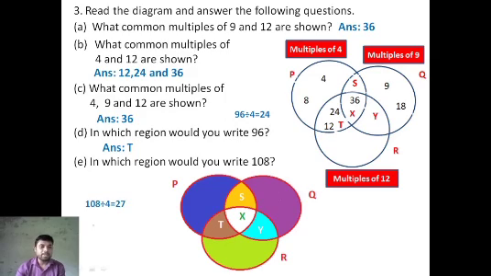So just divide. 108 divided by 4 gives 27. That means if you count the table of 4, 4 tens are 40, 4 11s are 44, 4 12s are 48, like this, and 4 27s are 108. That means it is a multiple of 4, so it will be in P. Now 9 12s are 108, so it is also a multiple of 9. 12 9s are 108, so it is also a multiple of 12. That means 108 is a multiple of 4, 9 and 12.